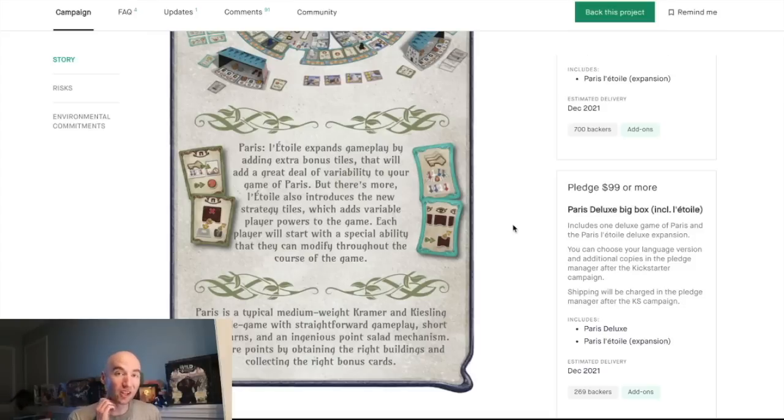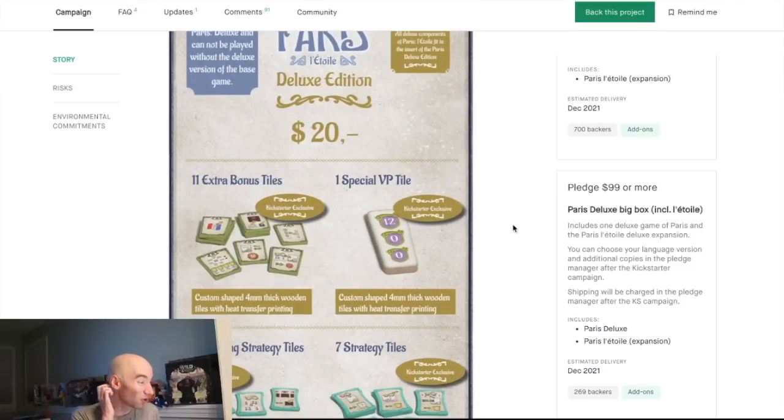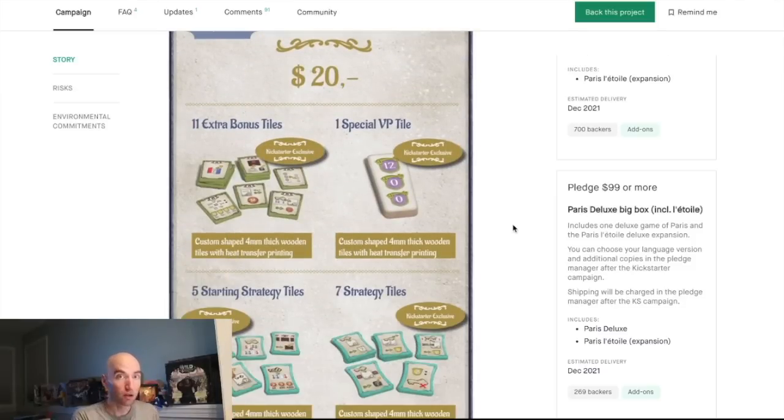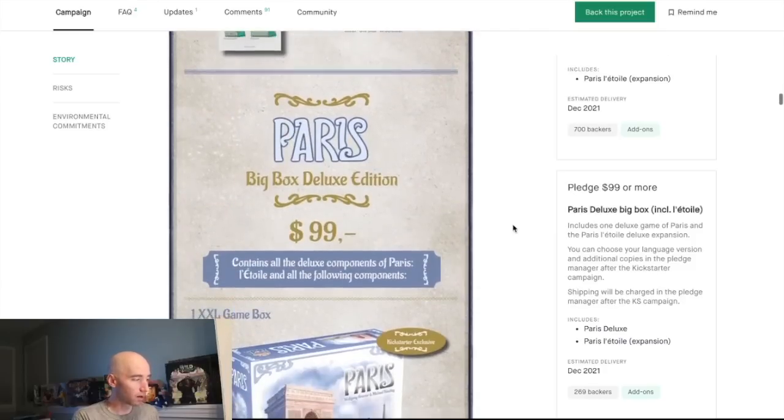The only question is this: as opposed to some of the other deluxe Euros that we've seen, or Euro-style strategic-ish games, is this worth the $99 price point with the deluxe version? So what are you actually getting? Because the deluxe version itself is only $20. So you're essentially paying $79 for the deluxe of the base game, and I'm not sure how that compares to the first Kickstarter. And the other interesting thing is, okay, well, what is...